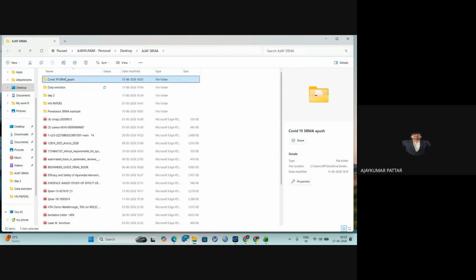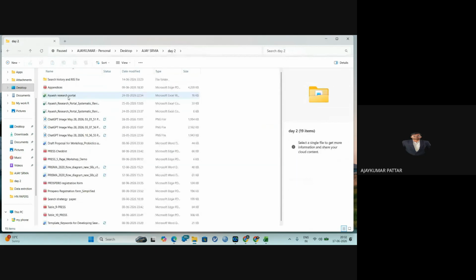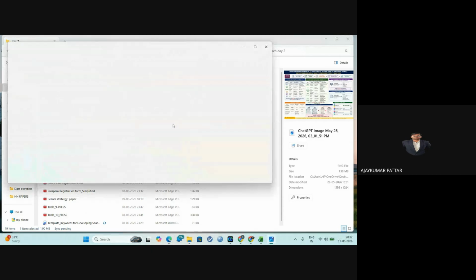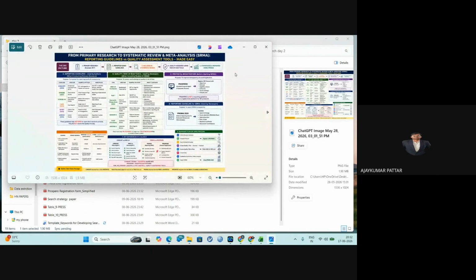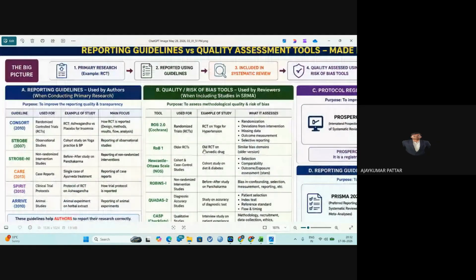I will take only the important concepts that will be helpful for our SRMA work. So that is enough, or more sufficient, if we are able to understand that concept. So that's why I'm not going with the more theoretical things. I have made all the concepts I have studied, and whatever questions are there, I have compiled and made the